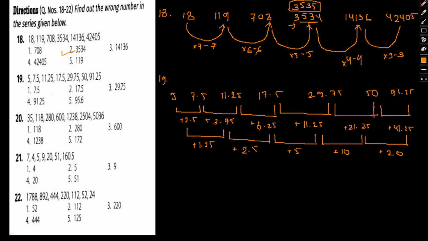Let me just do one thing. Hang on, I think I might have mistaken the plus 11.25. It should have been 11.25, right? 29, 28.75. Okay, yes, this number. Hang on. What's given is 29.75. Now you notice one thing, okay? This is the pattern that has been followed: into 2, into 2, into 2 and into 2, okay?